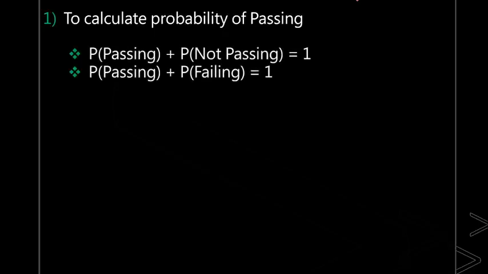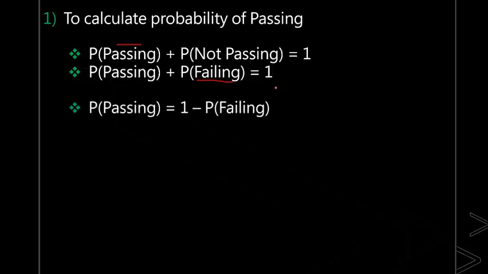Probability of passing. Use the probability concept. We know that probability of passing plus its complementary. What is the complementary of this? Probability of not passing. Yes. So probability of passing plus its complement is 1, which is what we are writing as probability of passing plus probability of failing. Remember, getting an even number and not getting an even number, the total will be 1. Similarly, passing and not passing, the total is 1, which is what I write as passing plus failing probability is 1. Okay, I hope I made it clear. So now, what do we know? Passing is equal to 1 minus P of failing.